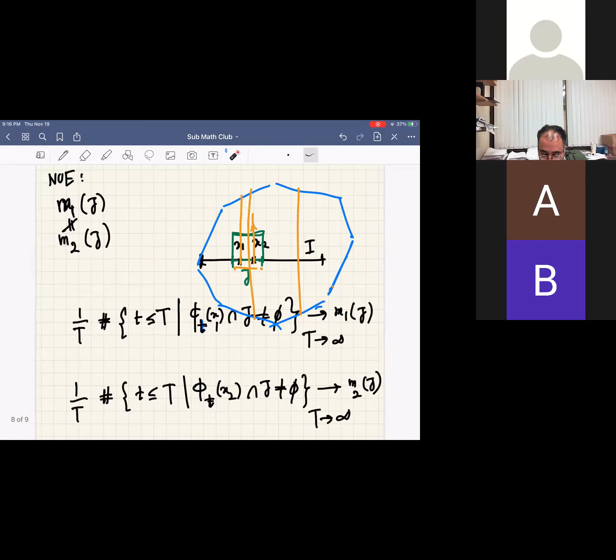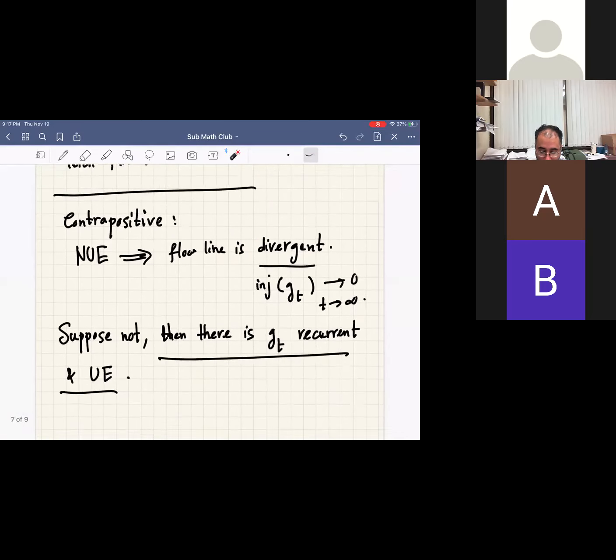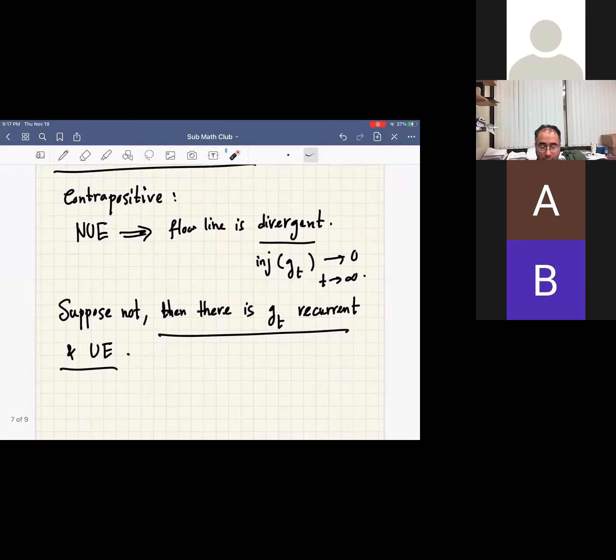Which means that these two numbers which I have on the top and bottom are essentially the same. So now when we set t going to 0, we get the same numbers or measures for this interval, which contradicts the fact that we said these two measures assign different numbers to the interval. And that essentially finishes it: it's a contradiction for having a recurrent ray with a uniquely ergodic